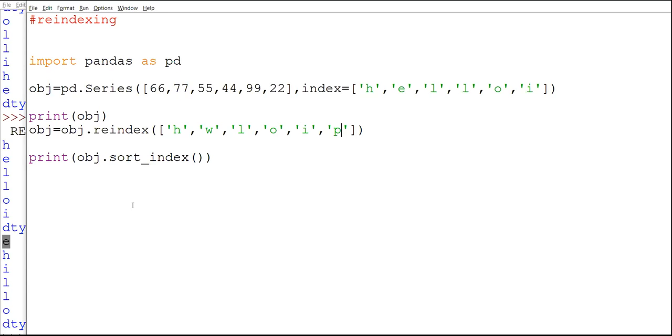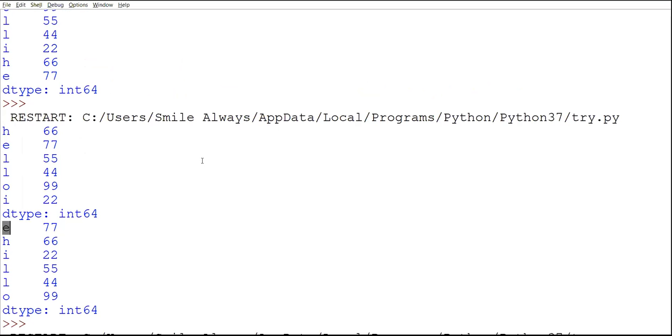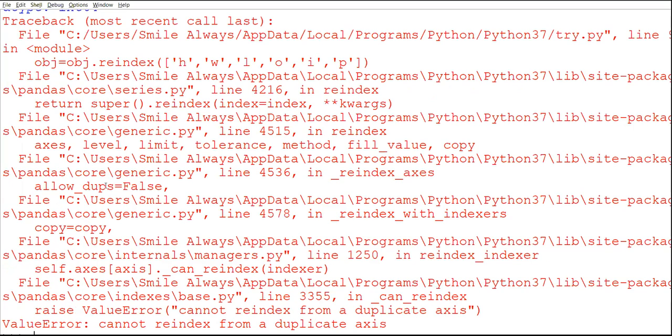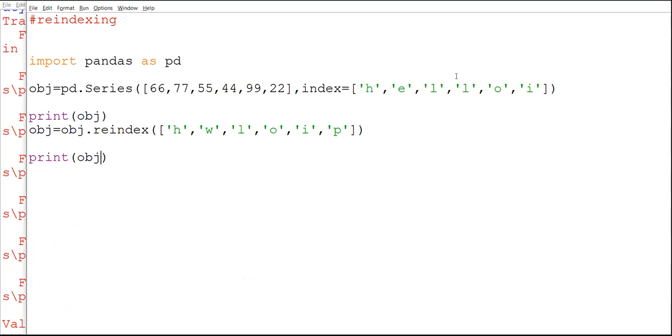Then we have to print the list, save, and run this. See, for reindexing we need the same indexes. Same indexes means double L, O, then O, I, and instead of T, what is missing here? E.